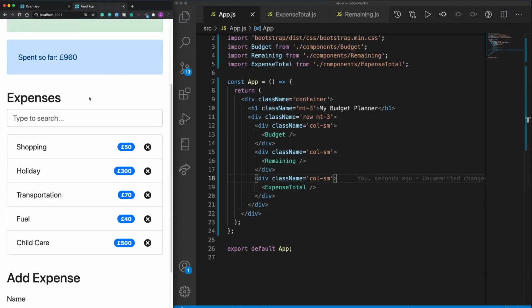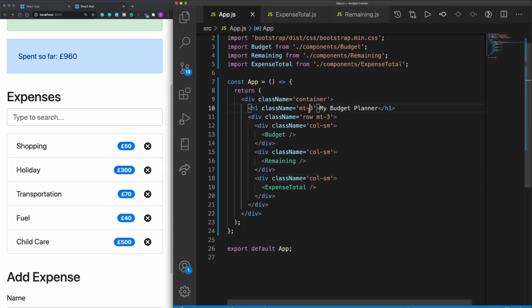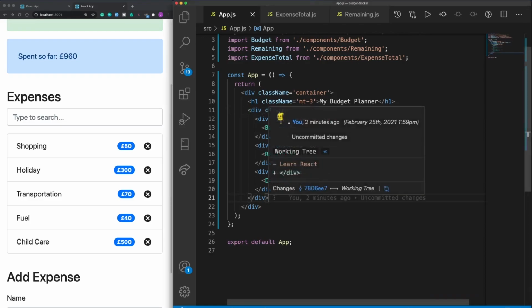If we scroll down, the next thing we need to do is add the expenses list. So this is going to contain all our expenses with a name and a cost with a little delete icon here as well. We're going to come back to this type-to-search thing later on, so we'll not worry about that right now. So if we go into App.js, around line 21, I want to take a new line,